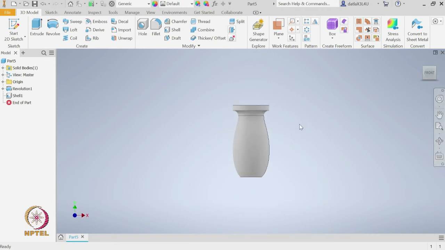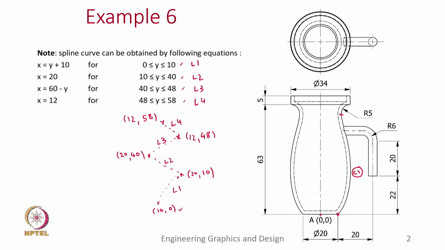At least we have created the cavity and the shape is already captured. So, what is now remaining is to create the handle. So, now let us go back and see how we approach creating this handle. So, one way is we can use the sweep command, for which we need to know the profile.